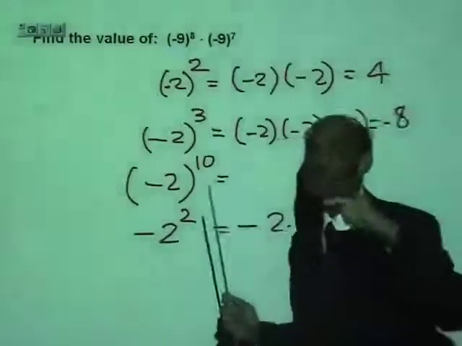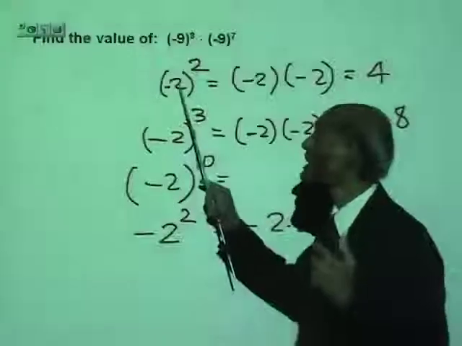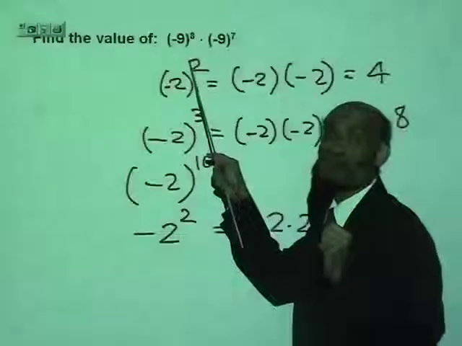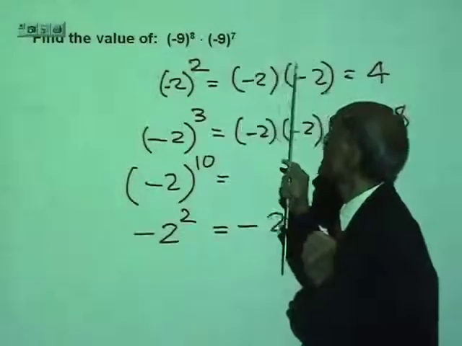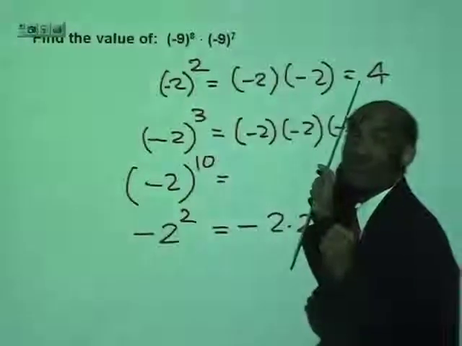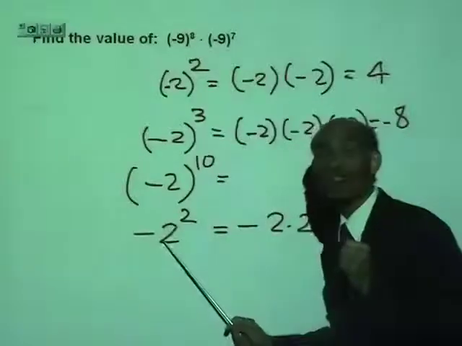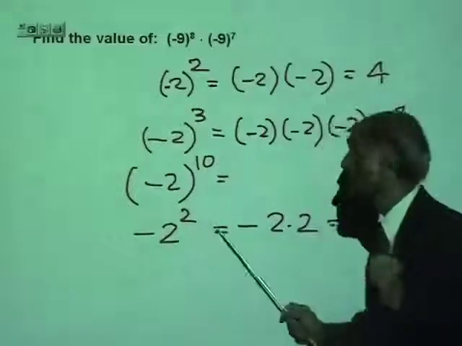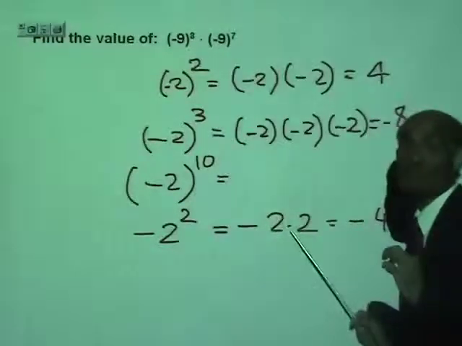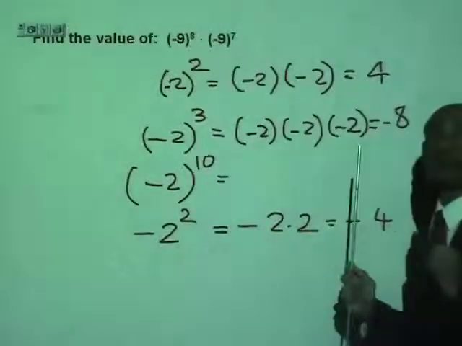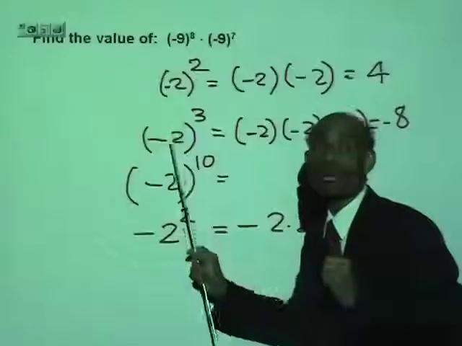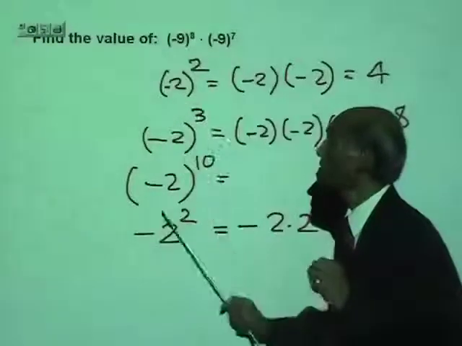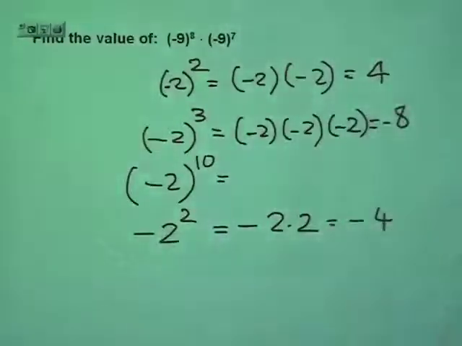So look at the difference in the way I read it. How do I read this? Negative 2 raised to the power of 2. And that is negative 2 times negative 2, positive 4. How do I read this? Negative 2 squared, and that will be negative 2 times 2, that is negative 4. Now please don't forget, do not confuse the difference between this and this. Okay, let's move on